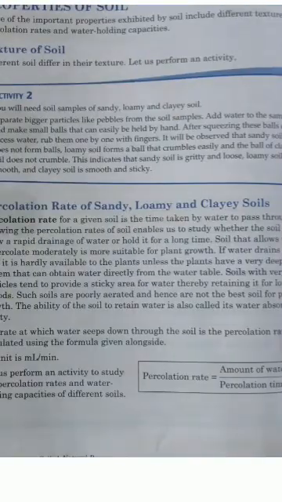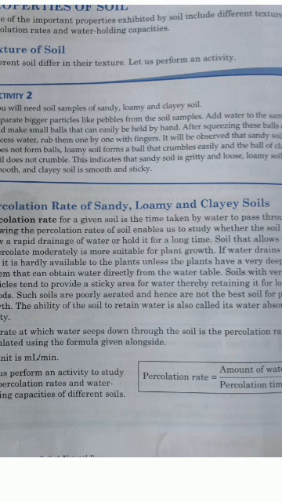Now there are three properties of soil that we have to understand. First is texture. Texture can be defined as the smoothness or roughness that you feel when you touch soil particles. We all know that sand particles are quite rough, or coarse in nature. Clay particles, being smaller in size, are very smooth and soft. And loamy soil will be in between as far as roughness or texture is concerned.